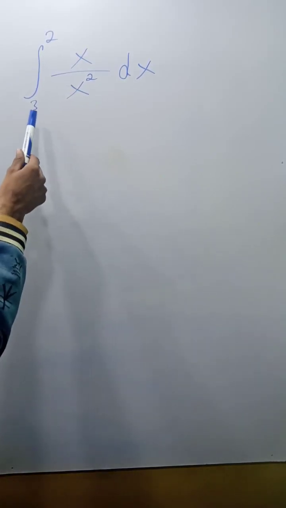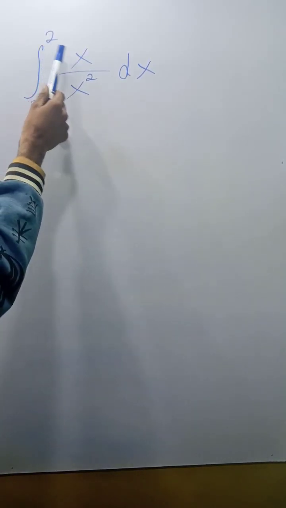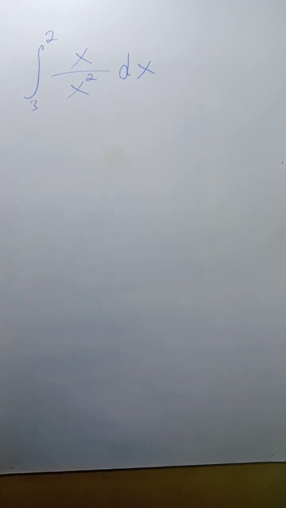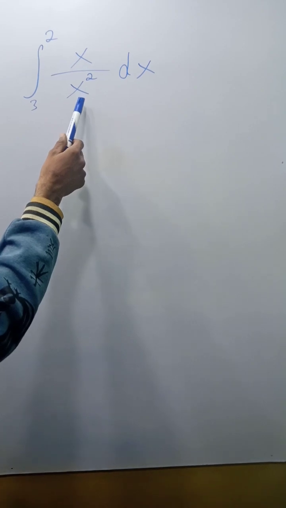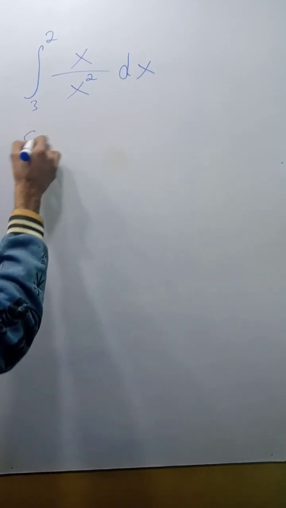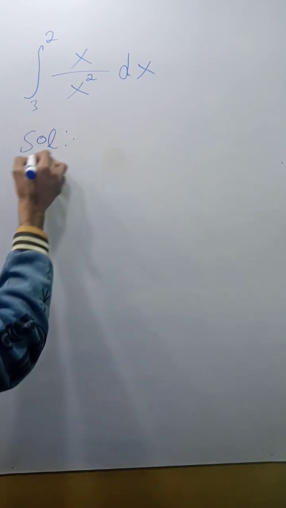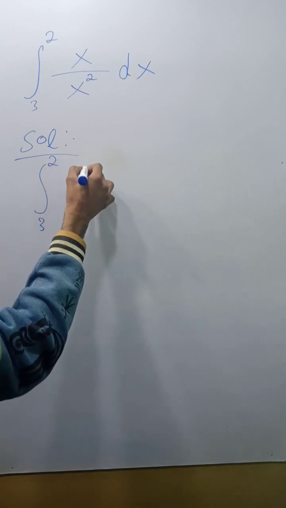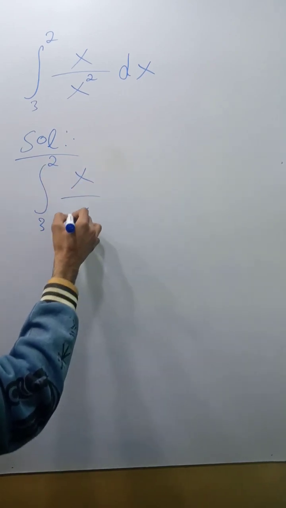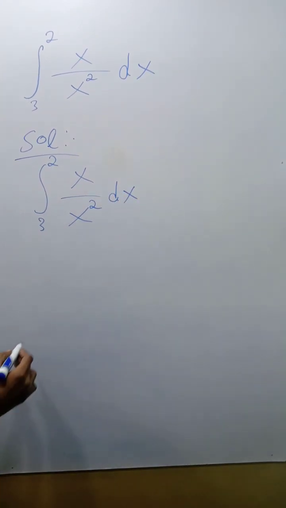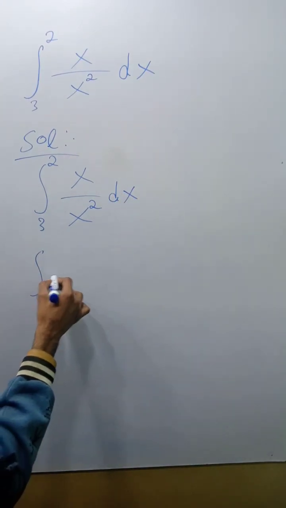An integral equation, the integral from 3 to 2 of x over x square dx, is given to us, and we have to evaluate this integral. So solution: the integral from 3 to 2 of x by x square dx. As we know that when